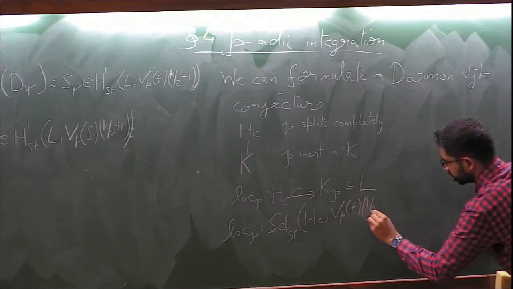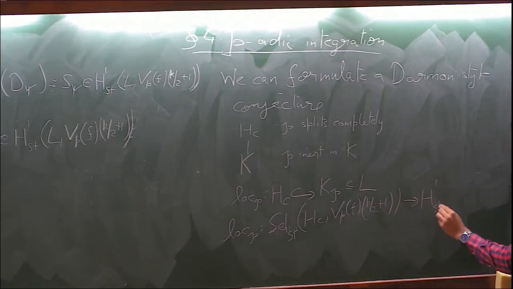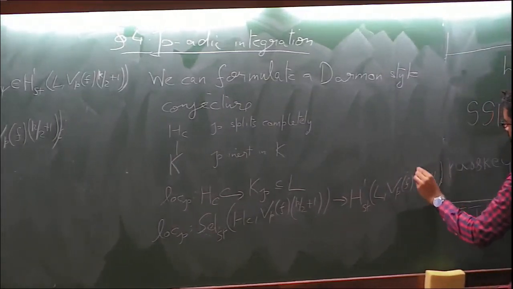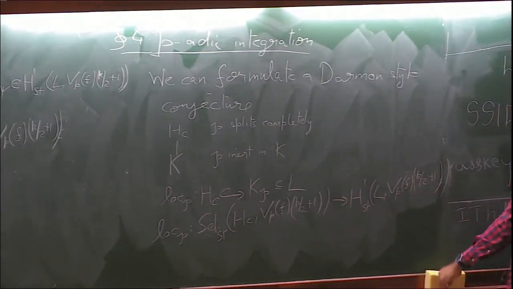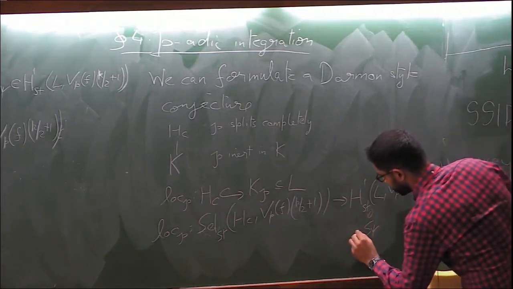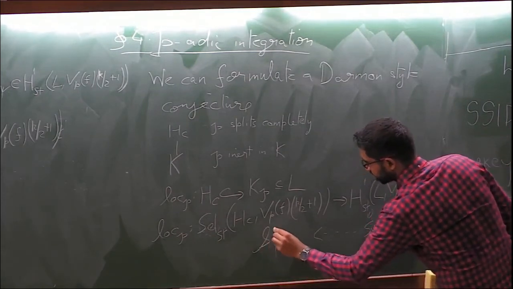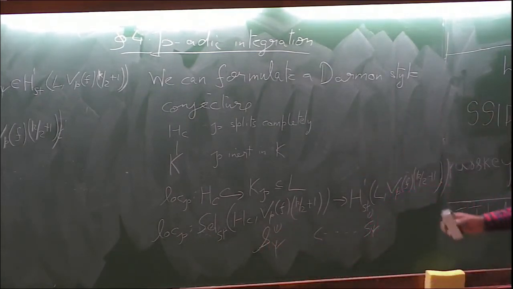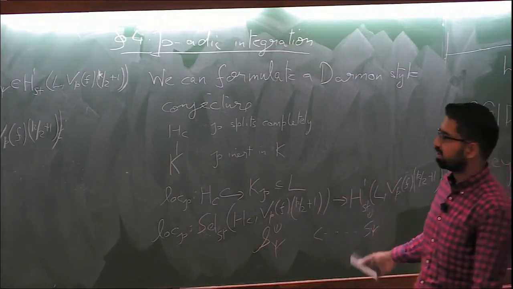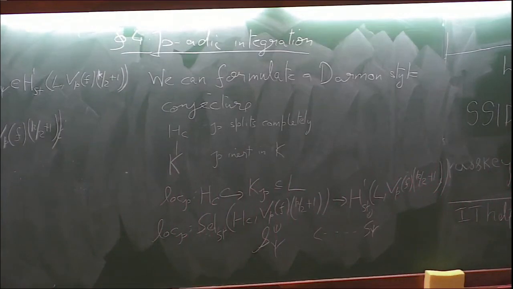Again, you have to do a twist. And we have elements here, Si. The conjecture we formulate is that there exist global classes, say fancy Si, in this global Selmer group, such that